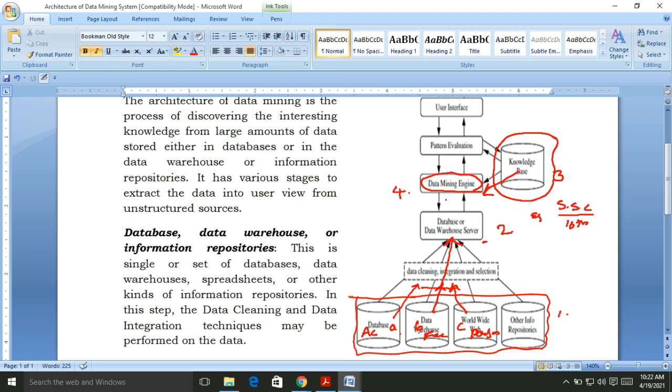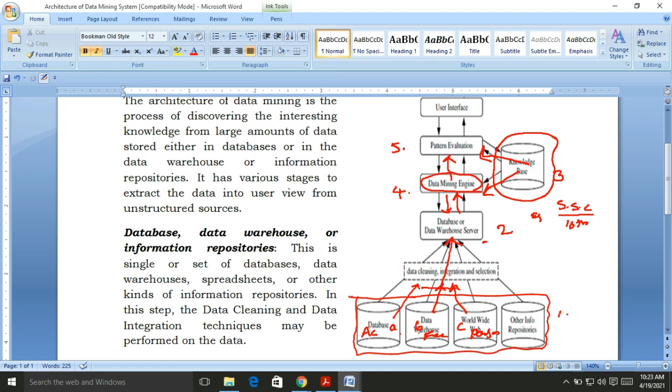This data mining engine applies the functionalities on the integrated data available within the data warehouse server and extracts some results. Here again we approach the knowledge base to analyze the result. The result is according to our knowledge or our wish. This is the fifth phase in the data mining architecture.